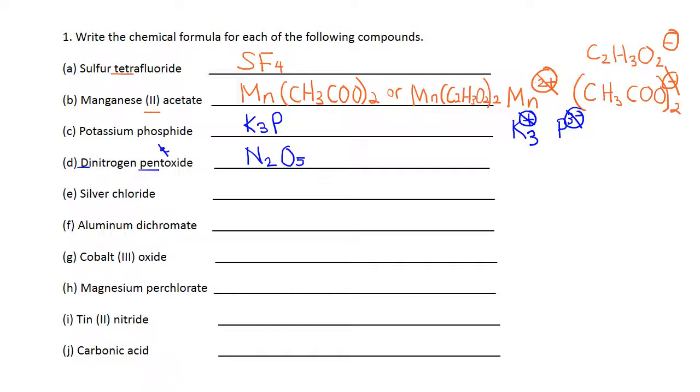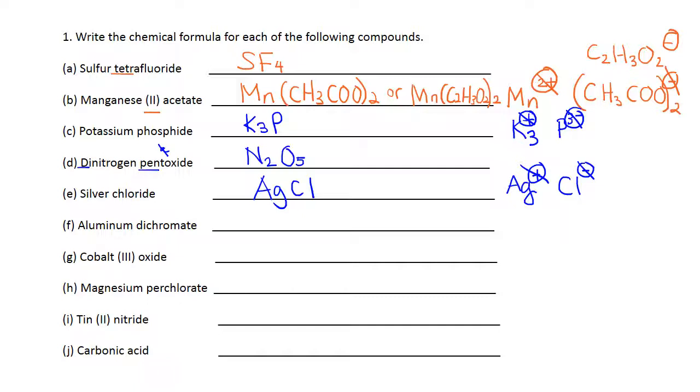Silver chloride. Notice silver is a transition metal, but they don't indicate the charge in Roman numeral because we need to know the charge of silver. It's one of the exceptions I asked you to remember. Silver is +1. Chloride is group 17, -1. So this one, +1 and -1, is 0 already, so I can just write out AgCl.